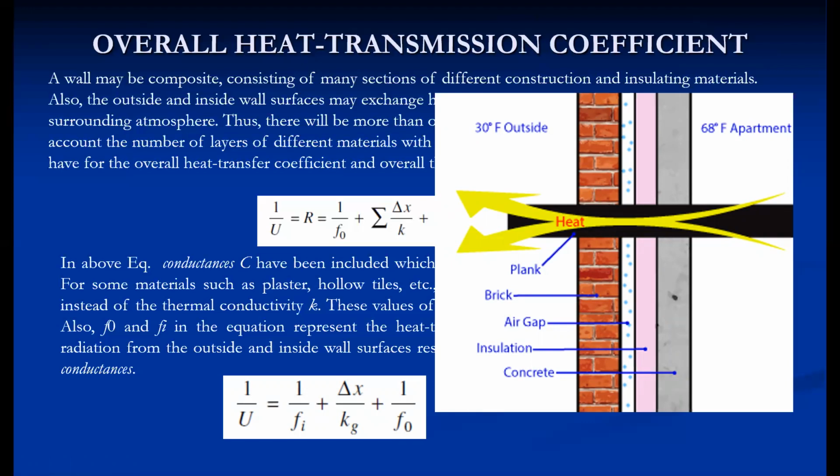As usual, for the wall structure here, A is eliminated because the area is the same in all cases. Unlike the pipe U expression, where U is always in terms of either the inner surface area or the outer surface area, so accordingly the suffix is used, for the wall structure the area is common to all surfaces.